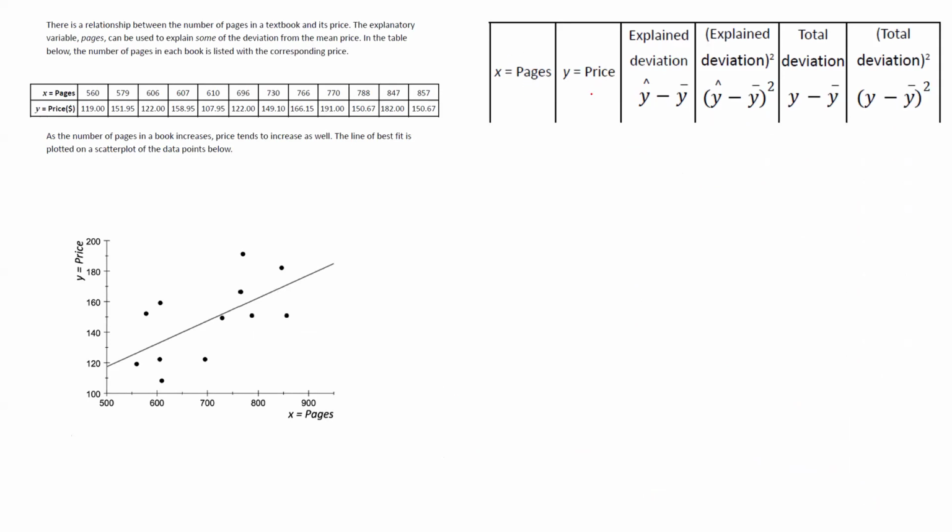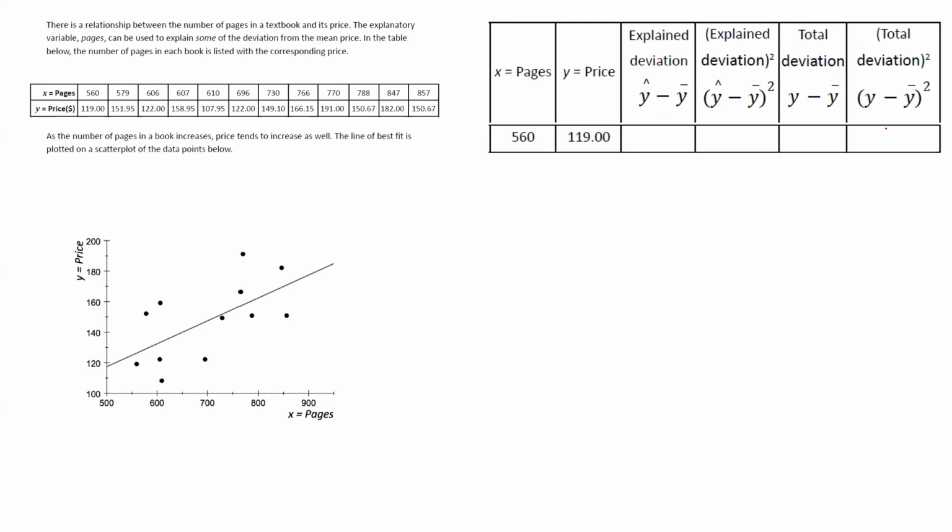X, the number of pages, y is the price, explained deviation is y hat minus y bar. Explained deviation to the second power is y hat minus y bar to the second power. Total deviation is y minus y bar. And total deviation squared is y minus y bar to the second power. For each one of these, we need to do the calculation. 560 and 119. 569, let's go to the second price, and